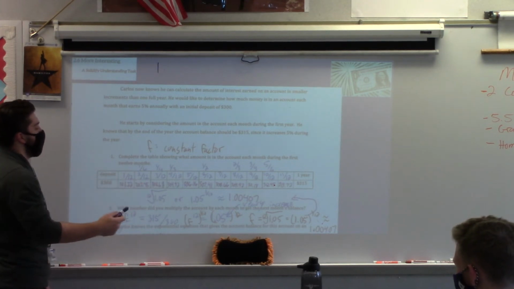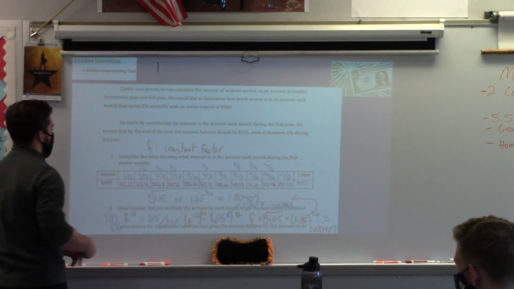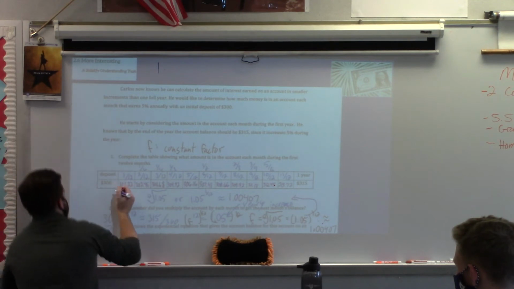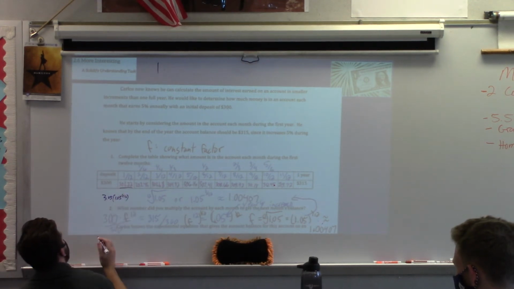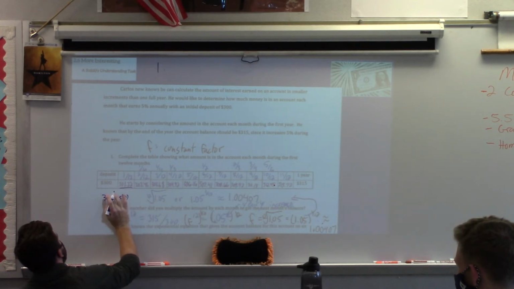We're going to do that 12 times. We took the 12th root of 1.05. So then what we did is 300 times that number, 1.05 to the 1/12, got us this number right here, 301. You mean 300? Yeah. Sorry, I was ahead of myself. Thank you. 300 times 1.05 to the 1/12 gave us this